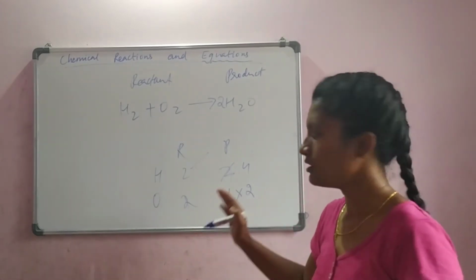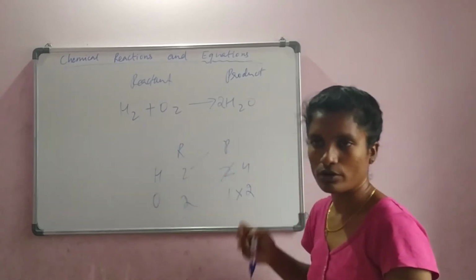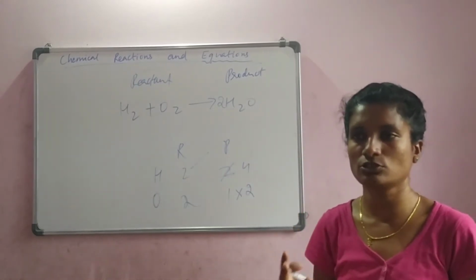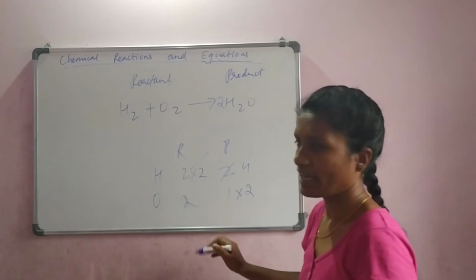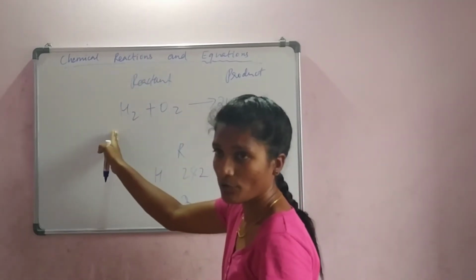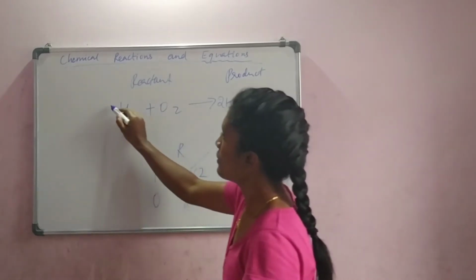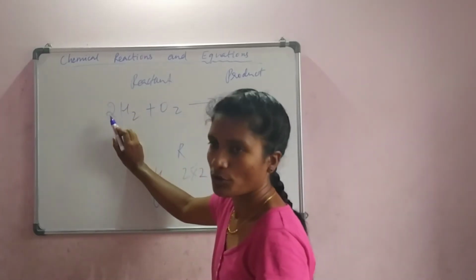Do the same rule. Go to the reactant side. You have to convert this 2 into 4. Remember 2 tables. 2 times 2 is 4. So put a 2 there. So you are going to the reactant side, to hydrogen only. You cannot go to oxygen because we are altering the hydrogen side. Where we have the power to put is here.